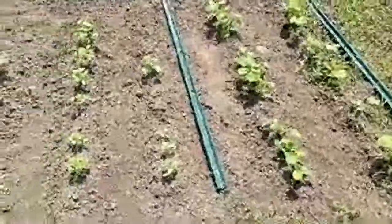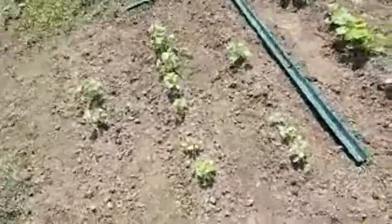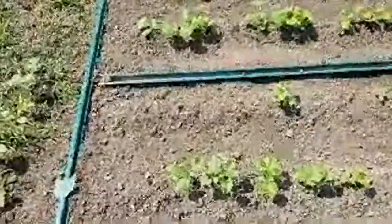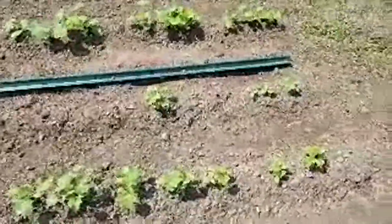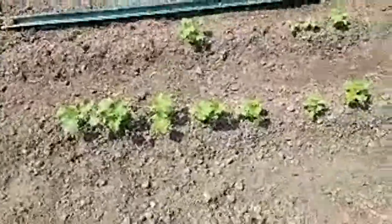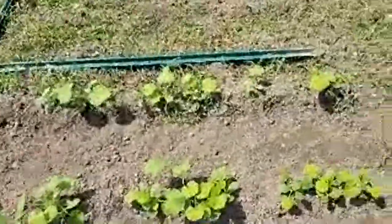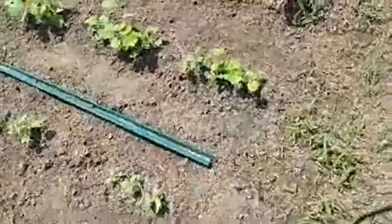Lauren actually helped me with some of these yesterday. So these are the cucumbers. You like weed? You don't even know. There are some gaps here where some didn't come up. But as you can see, she helped weed around the cucumbers yesterday, and then these are the pumpkins right here. I started around the pumpkins yesterday. I didn't get the other side of the back row, but